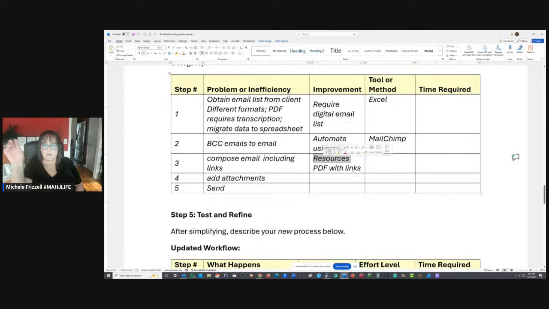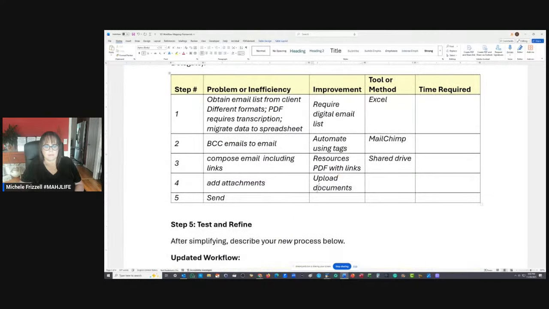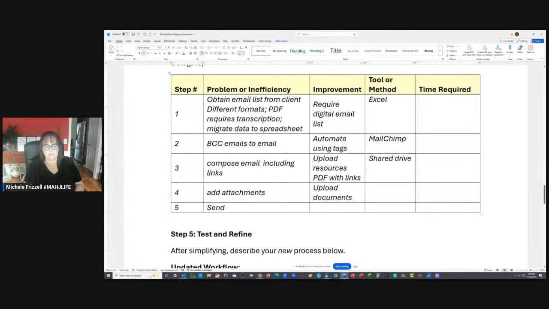So instead of getting all these different links, have a preset PDF with the links already in there. So you're giving them access to a shared drive with resources that they can find themselves. And this would be shared drive. And then the attachments would be documents, upload, or really it would be store.